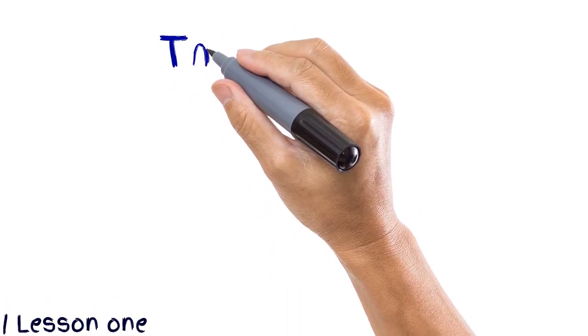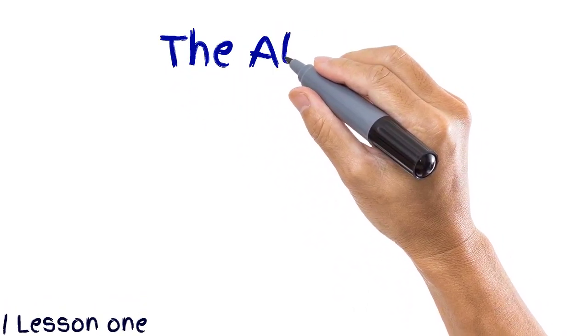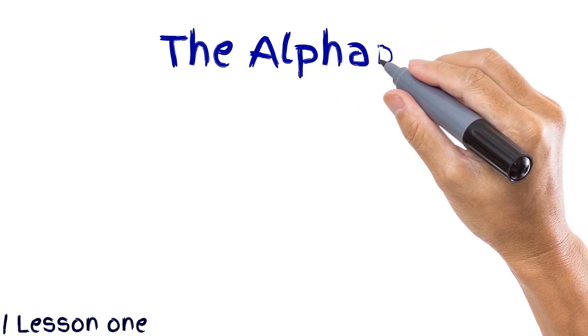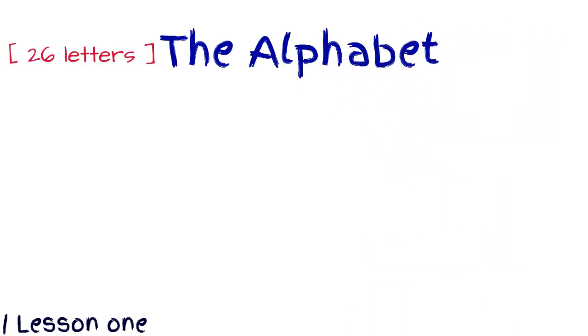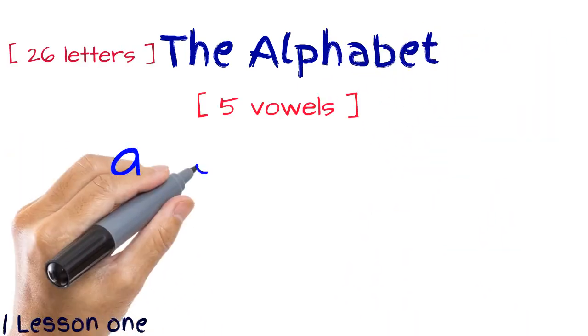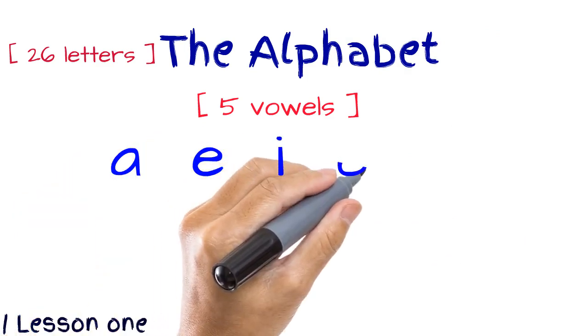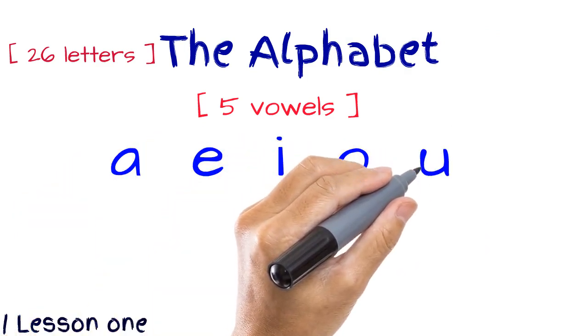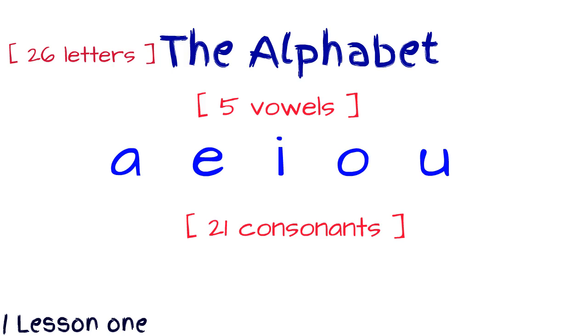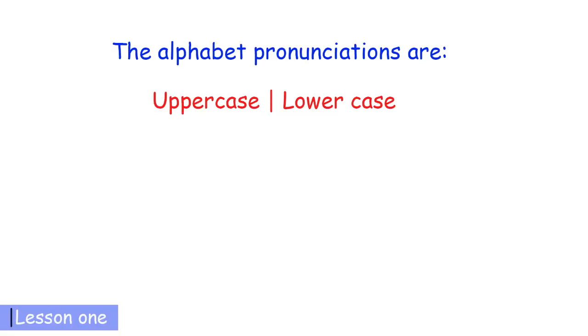The alphabet. The English alphabet is a Latin alphabet and has 26 letters. It includes 5 vowels: A, E, I, O, and U, and has 21 consonants. Each letter has an uppercase and a lowercase. Uppercase is used for names of things and at the beginning of the sentence. The alphabet pronunciations are